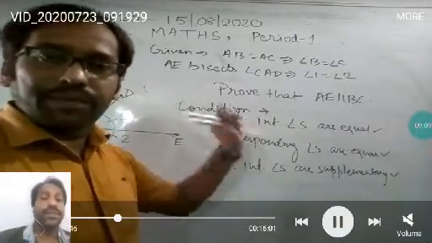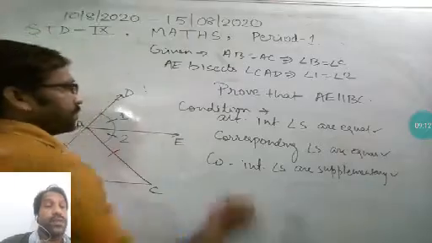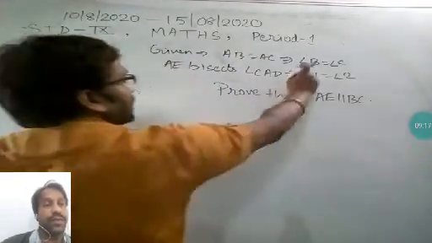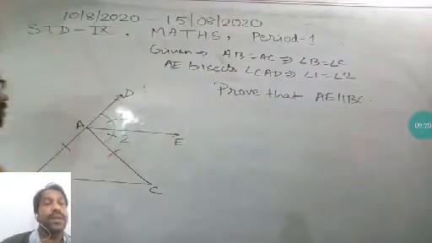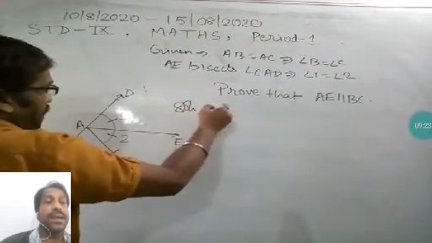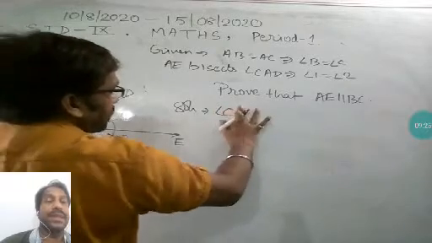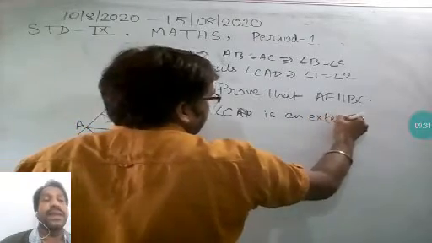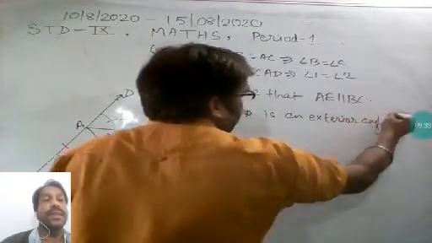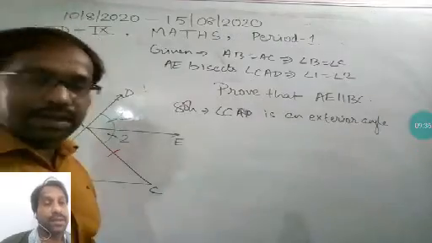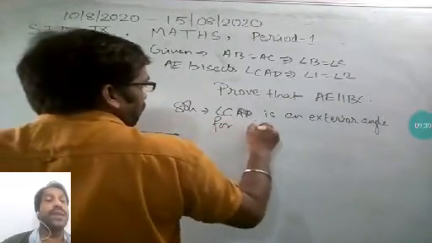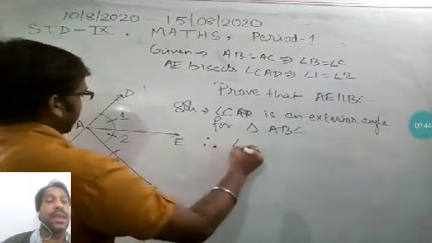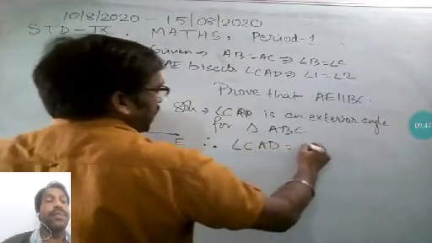So here we are. Either we'll focus on these things which can be proved. So first of all we'll write what is given here. Now see here, this is angle DAC, the exterior angle, CAD or DAC, whatever you say. Just now I have explained, an exterior angle means the sum of the remote interior angles. So for triangle ABC, angle CAD is equal to angle B plus angle C.